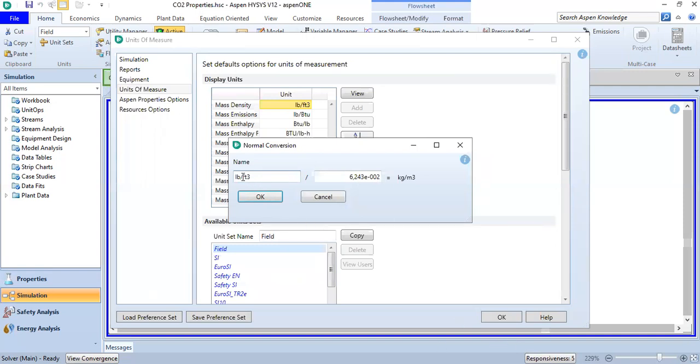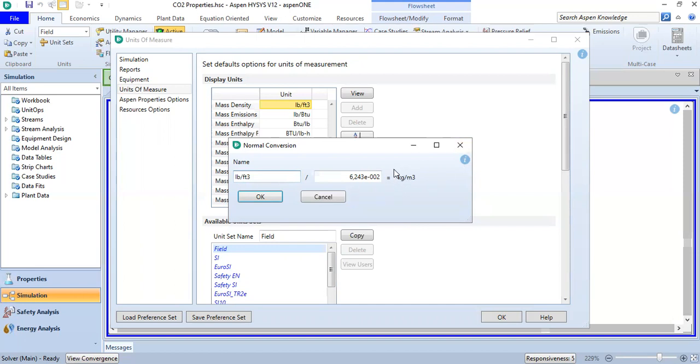So actually 1 pound per cubic foot divided by this thing is kilogram per meter cube. Okay, so this one divided by this one is kilogram per meter cube. And this one is very small. So actually 1 pound per cubic foot is a big number and we will calculate that in